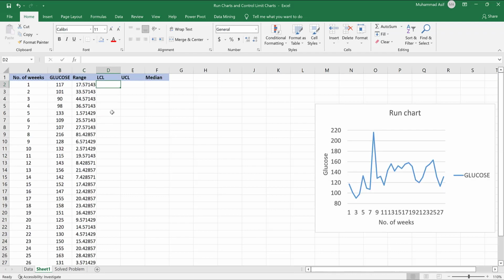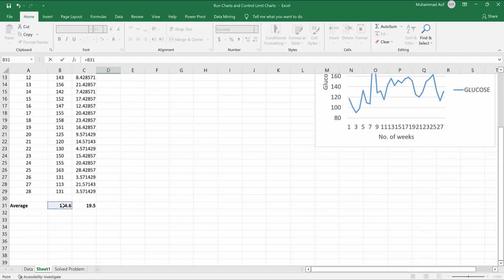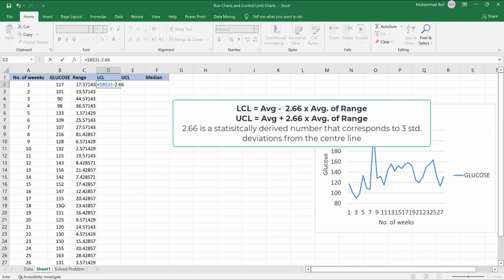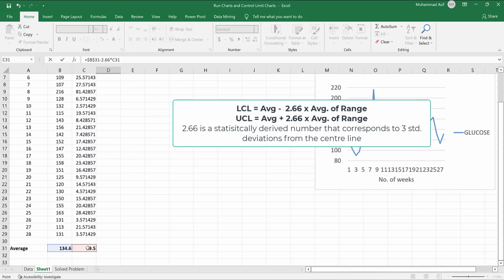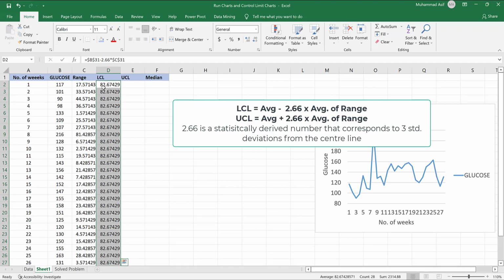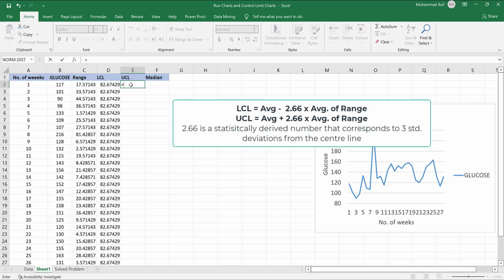To calculate the lower control limit we will use this formula: average, and we will lock it, F4, minus 2.66. 2.66 is a statistically derived number that corresponds to 3 standard deviations from the center line, and that will be multiplied by the average of the range, and again I will lock it because we will be dragging it in the next step. So our lower control limit turns out to be 82.67,